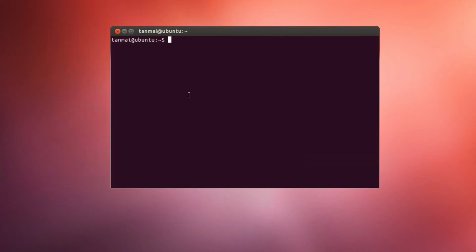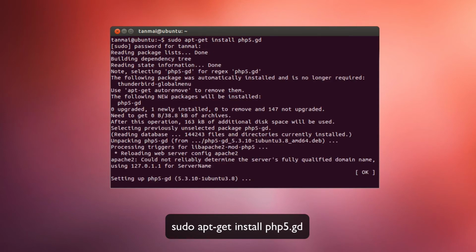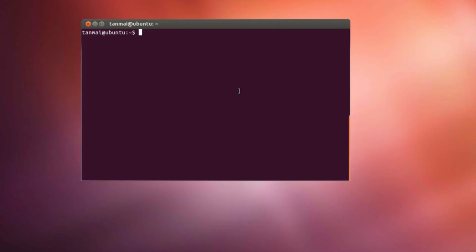When tasksel installed PHP, it installed an older version of PHP, but Drupal requires PHP 5.4.5 or higher. So to install the new version of PHP, type in the following command. Now we need to create a MySQL database so that Drupal can save its data. To do this, type